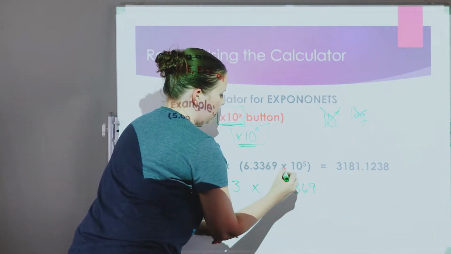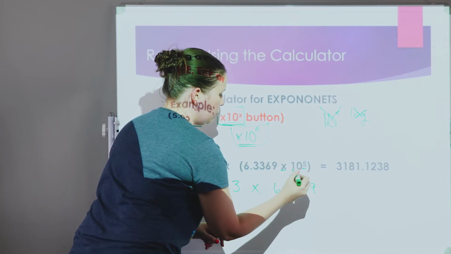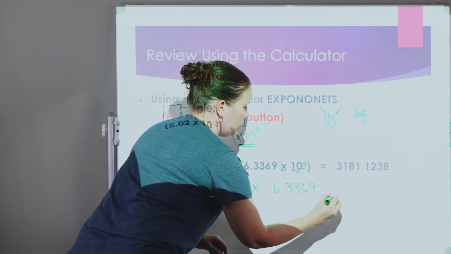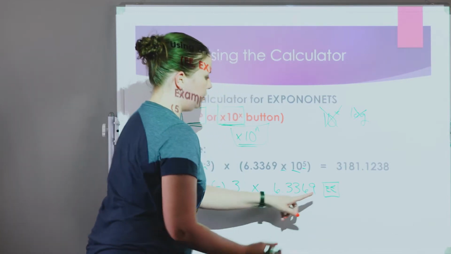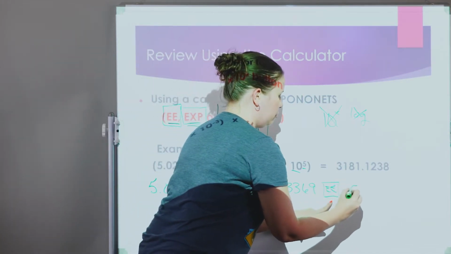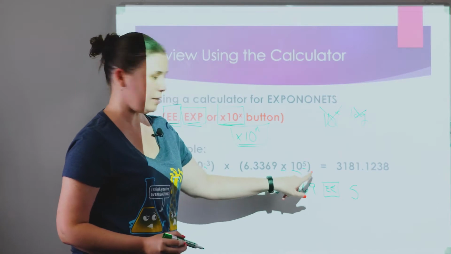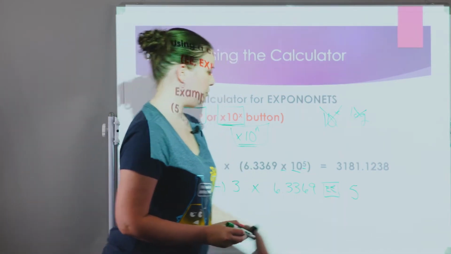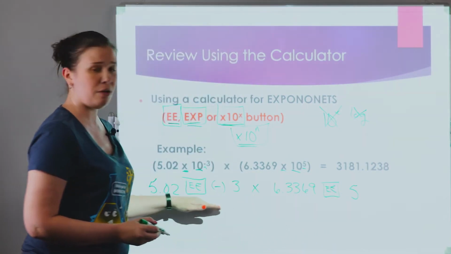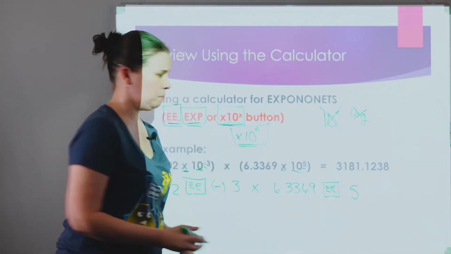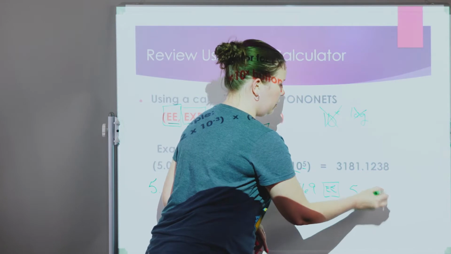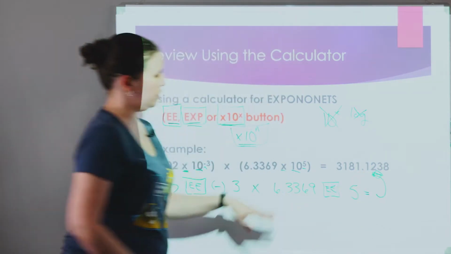6.3369. And then here it's time for times 10 raised to a power. So I'm going to use that scientific notation button again, the double E key. And then I'm just going to hit my 5. So notice how this is a positive exponent. I don't need to type the negative, and I don't need to type the caret, the times, the 10. All of that is wrapped up in this special button. And then ideally when you hit enter, you're going to get this